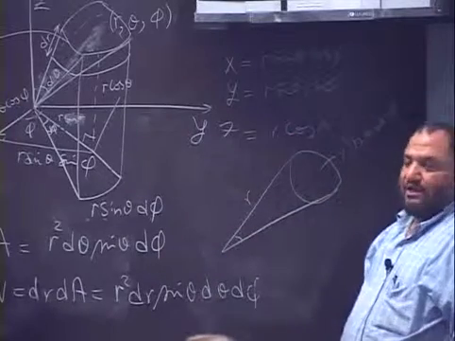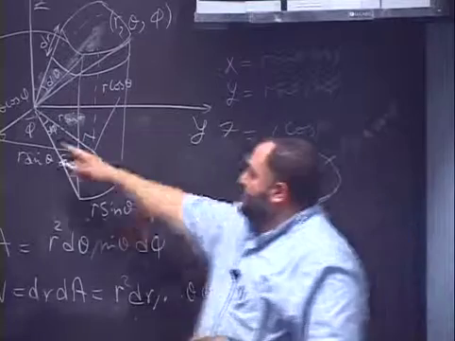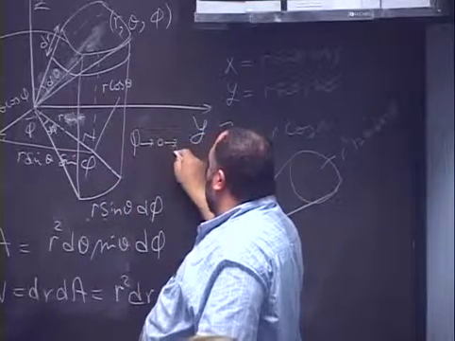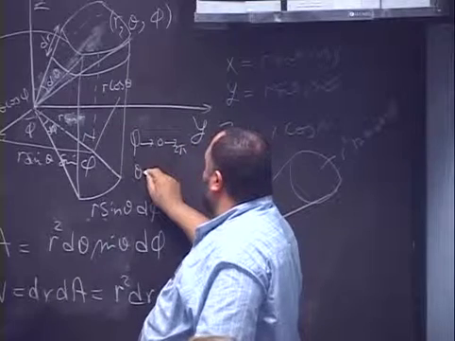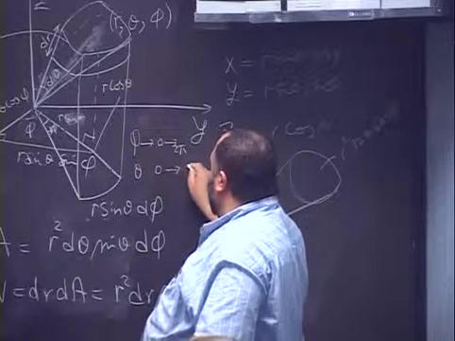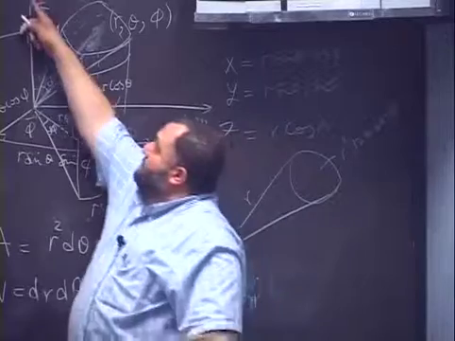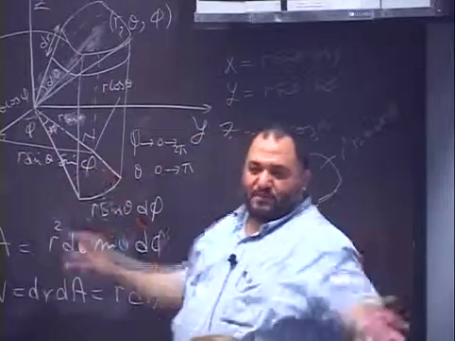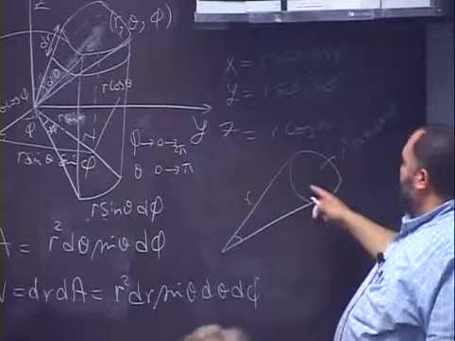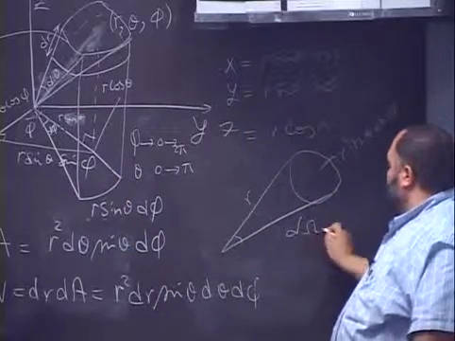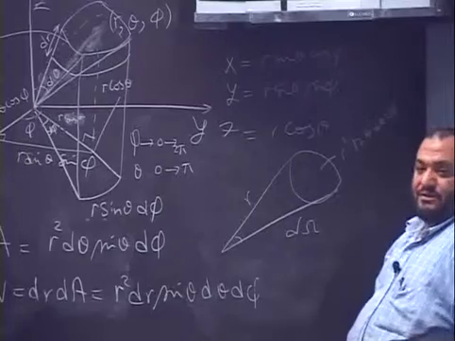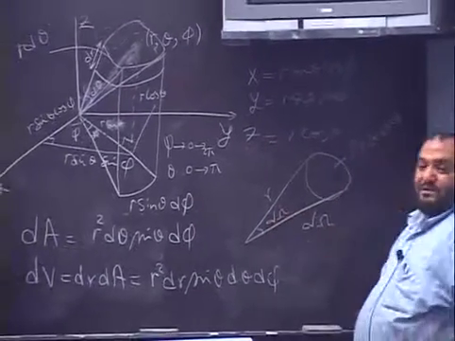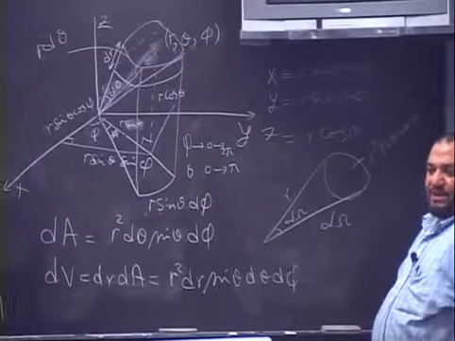Okay? 180. So phi goes from 0 to 2 pi, and theta goes from 0 to pi. Theta goes from here to here, and phi goes from here to here, and you will cover the whole space. So in this case, if I want to get the omega, the solid angle that's subtended by a cone like this,